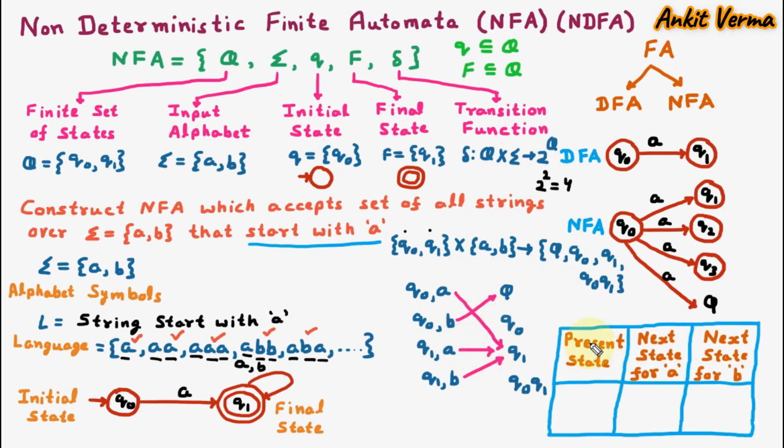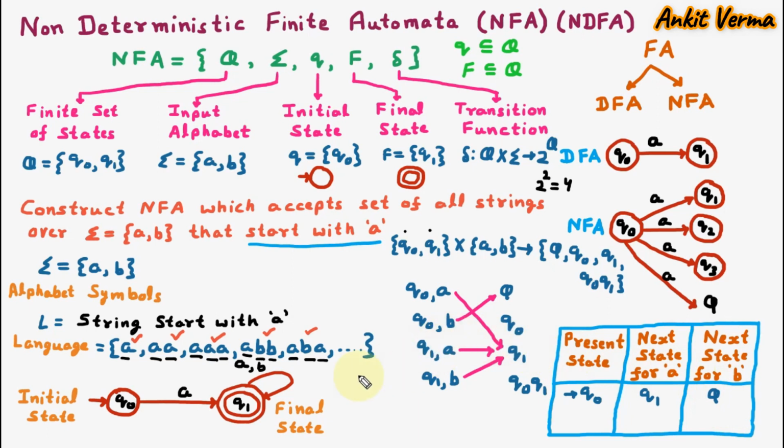In the transition table, we are having the present state, next state for A, next state for B. So first of all, on the present state, let us suppose that we are on Q0. Here I am mentioning the arrow. This arrow signify initial state because this Q0 is the initial state. If A is coming afterward, so from Q0 we are going to Q1. So here I am mentioning Q1. And if B is coming, so from Q0, move B is not decided. That's why it is going nowhere, which is phi.